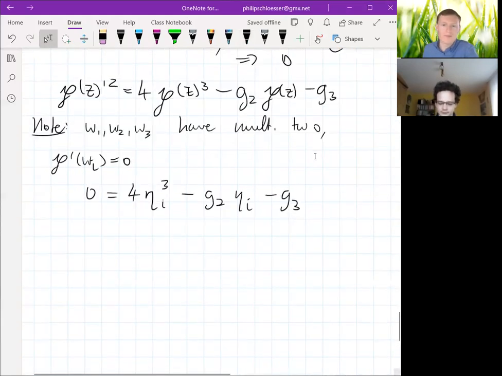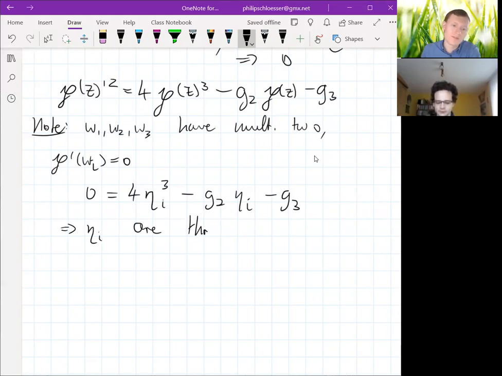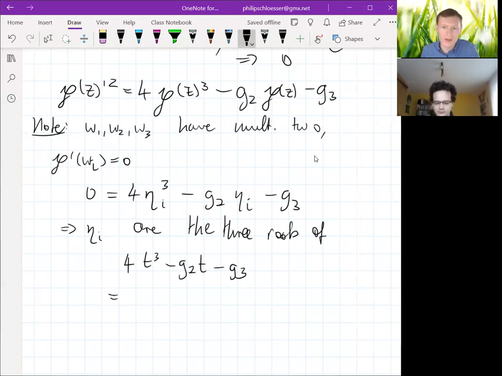So that means that the eta I, which were P of omega I, are the 3 roots of the polynomial 4t cubed minus G2 t minus G3, meaning that we can write this polynomial then as 4 times (t minus eta 1)(t minus eta 2)(t minus eta 3),